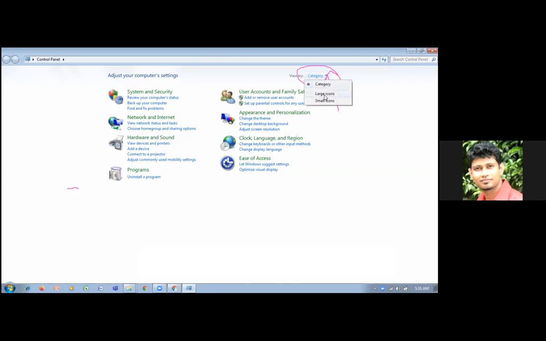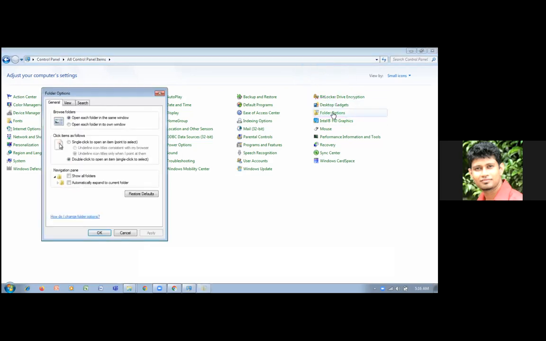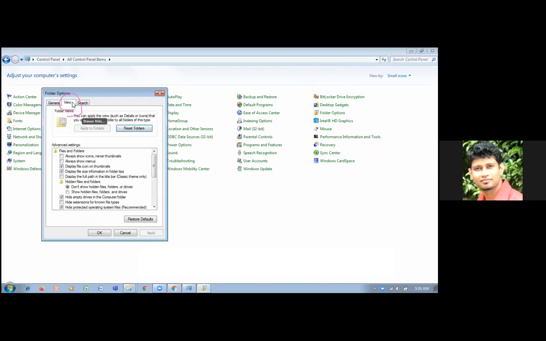And there you can see folder and search options. This one, folder options actually. That opens the same window that we opened previously from the organize tab. So go to the view tab again, and there you can see hide extension for known file types is unticked, which means it will show the extension. But if you tick this and apply,